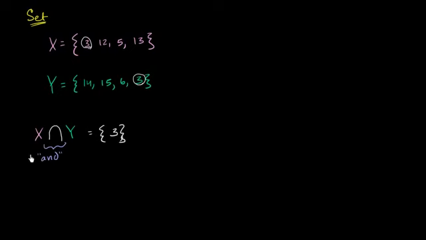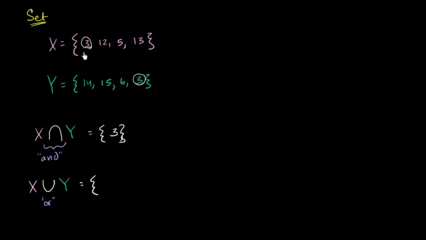Now another common operation on sets is union. So you could have the union of X and Y. And the union I often view, or people often view, as OR. So we're thinking about all of the elements that are in X or Y. So in some ways you can kind of imagine that we're bringing these two sets together. So this is going to be,